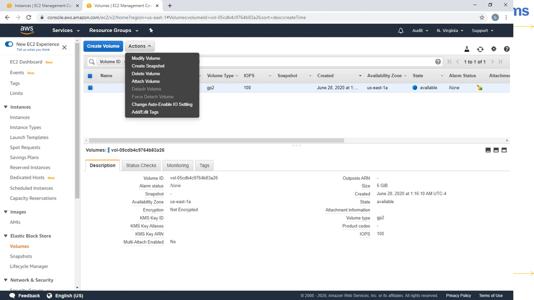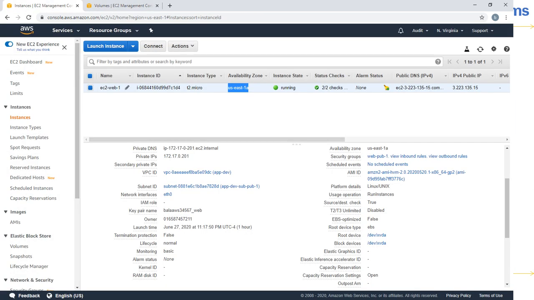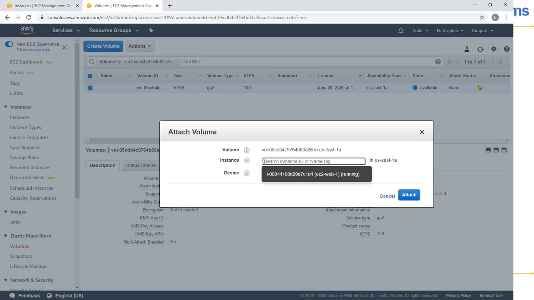So you have to attach. Go over here, Actions, attach volume. So EC2 Web 1. You go over here, the EC2 console, EC2 Web 1. This is the EC2 instance I created. So that is the one you are seeing over here.